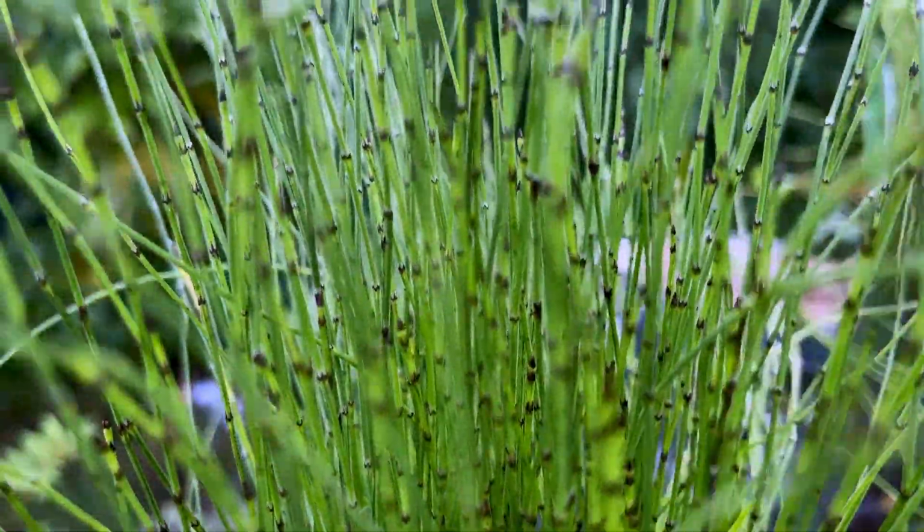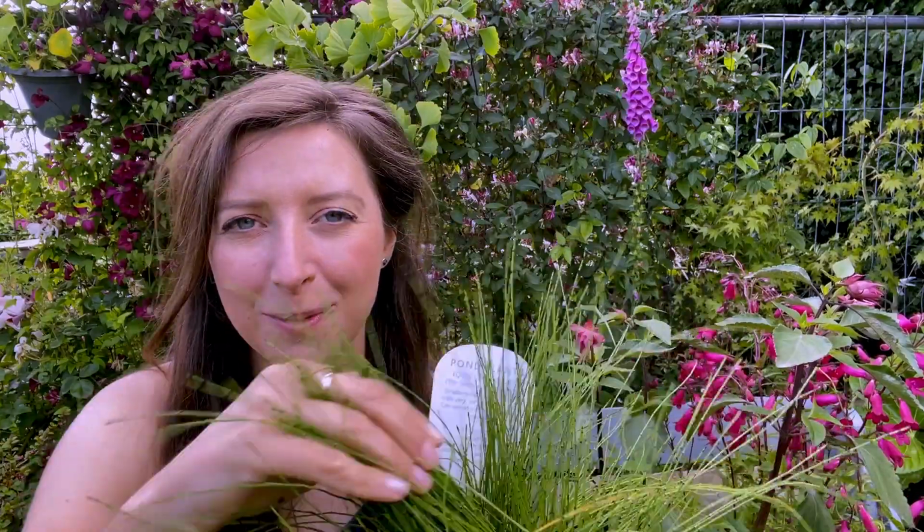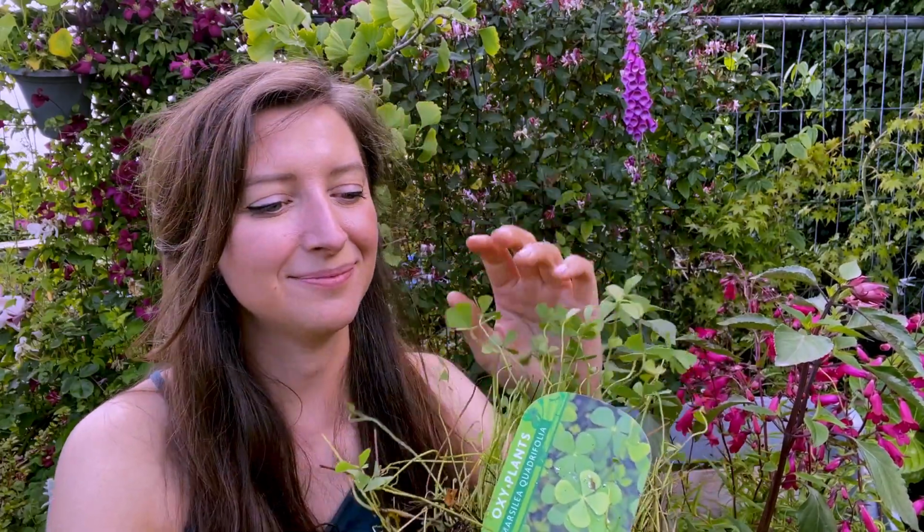Height 15 centimetres, spread 45, position full sun to part shade, flowers June to August. It's going to give me texture, movement, and a nice touchiness. The next one is an oxygenator because my little pond is going to need some oxygen, and it's part